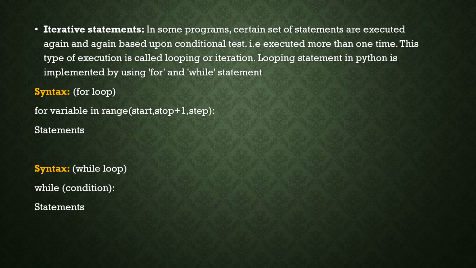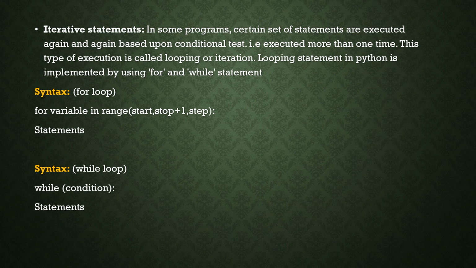See, the syntax is also given. Syntax for the for loop. For, we need to specify a variable, for A in range. Here start, stop plus 1, step is given. Start is to specify the initialization or the starting point. Stop plus 1 indicates the last point. For example, if you are going to take the last number as 10, that should be specified as 10 plus 1, that is 11. And then step should be specified, step indicates iteration. We can use plus 1, plus 2, plus 3, etc., or minus 1, minus 2, minus 3 also.